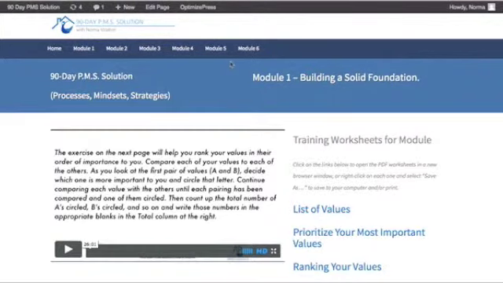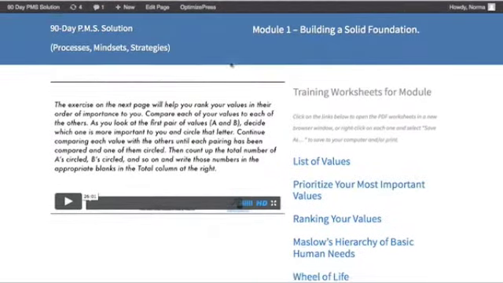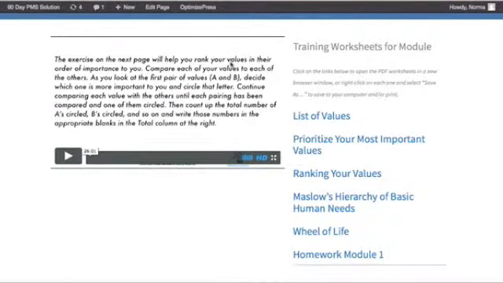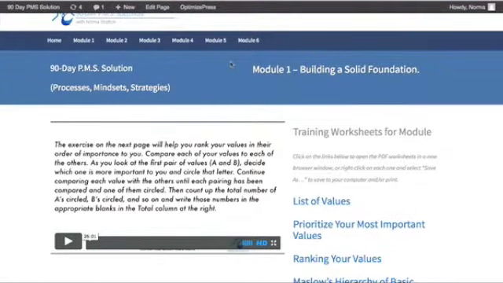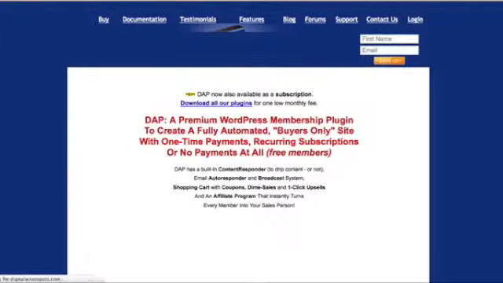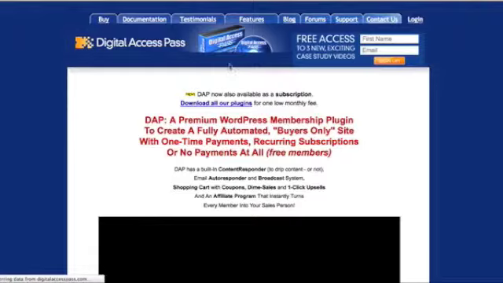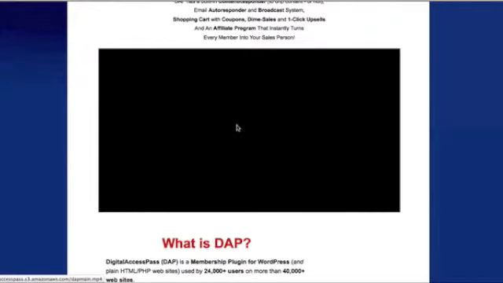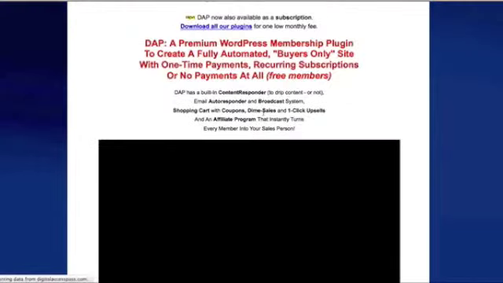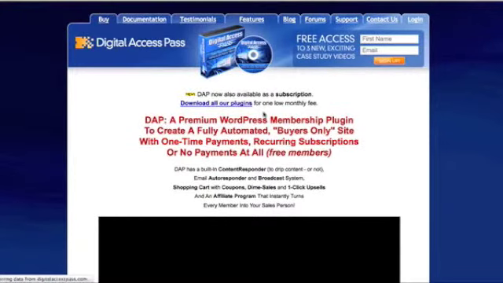So if you want to create a list of all the people that have purchased your member program, you can then use that as your mailing list to be able to stay in contact with them. You can also, as an alternative, use a membership software called Digital Access Pass. And Digital Access Pass, you could use in combination with OptimizePress if you wanted a little more sophisticated functionality for your membership area. For instance, if you want to be able to create recurring billing, or if you want to structure